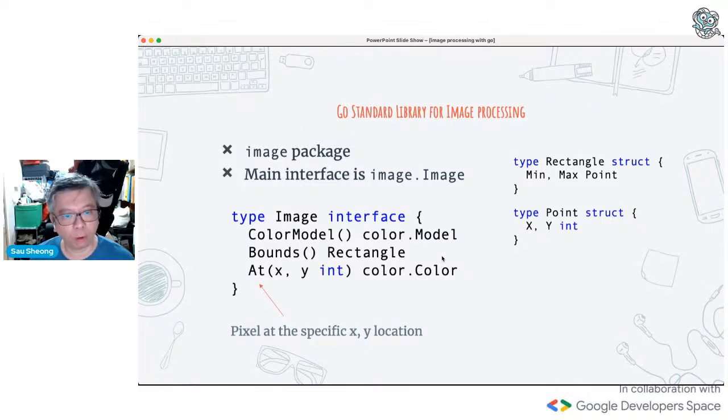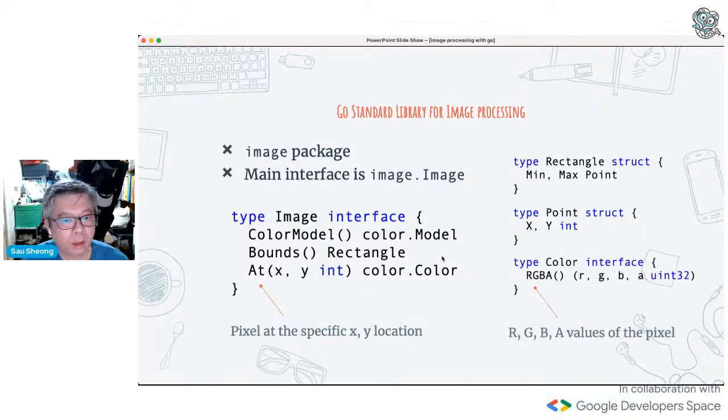It's basically a point on a two-dimensional flat plane, and that's really the image interface that you will see. Then finally, this is the pixel. Color here is an interface, and it has only one method, which is RGBA, which gives you the red, green, blue, and alpha values, which are unsigned integers. Okay, so R, G, B and A.